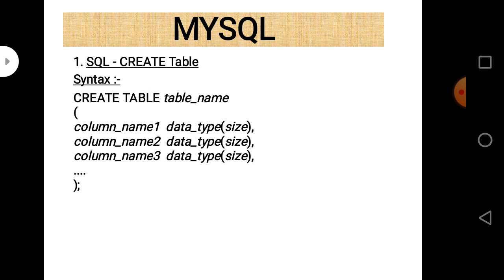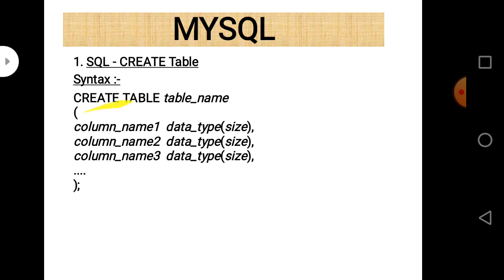As we know, MySQL is an RDBMS, relational database management system. It means data is stored in the form of tables. That's why they are called relational database management systems. Relation is called the table. So MySQL is RDBMS, and the first command related to MySQL here is create table command. First of all, you should create a table. So the name of the command is create table.